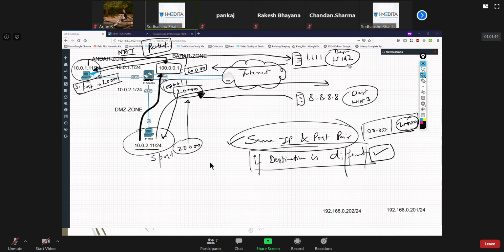Like I told you, the destination for Win2 is 1.1.1.1 and the destination for Win3 is 8.8.8.8. Then you can do NAT oversubscription, and 100.0.0.1 port number 20,000 can be utilized for both Win2 and Win3.